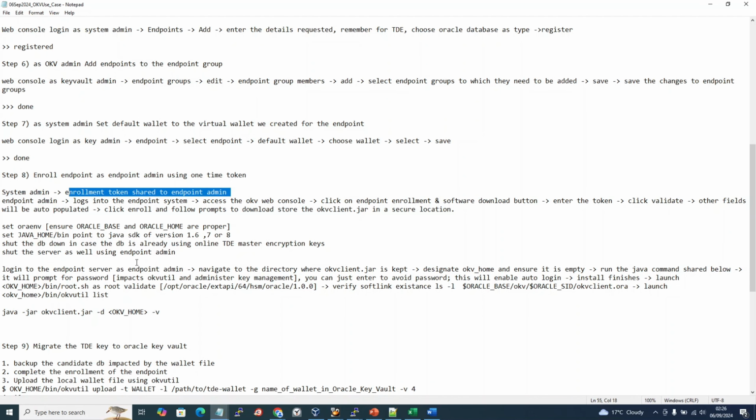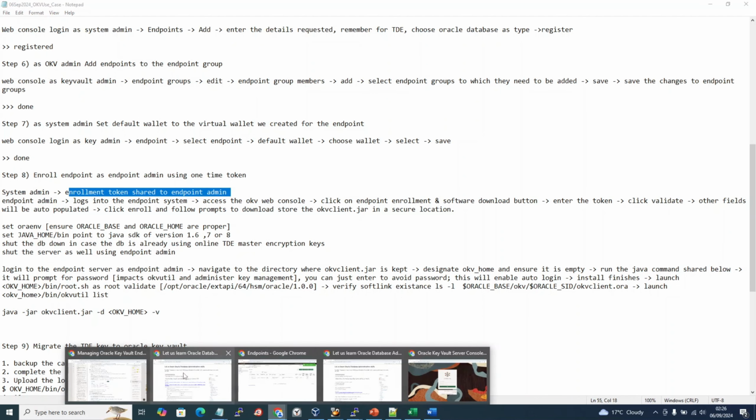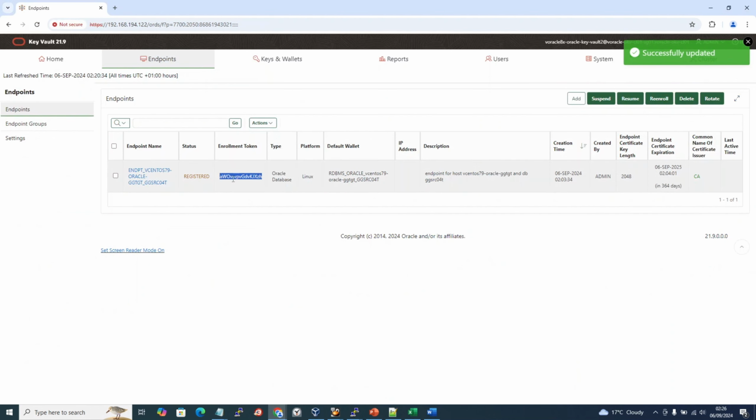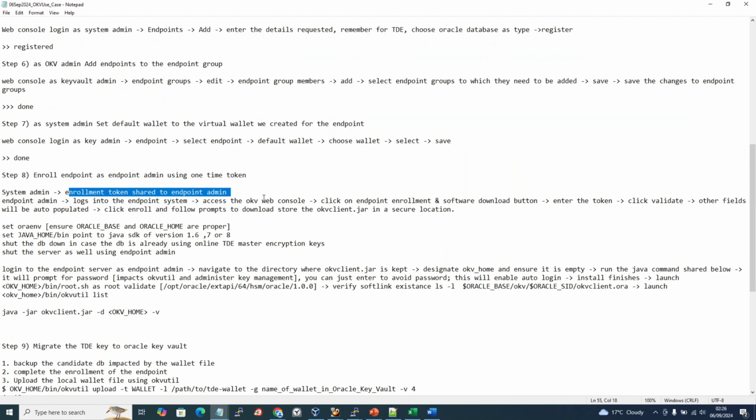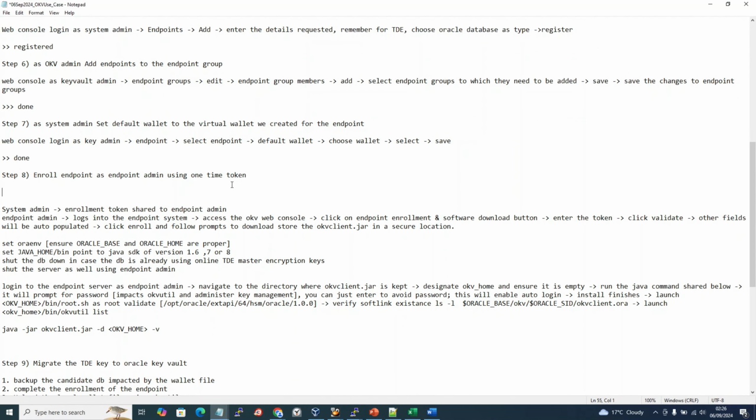So I need to get the enrollment token first. I want to get the enrollment token. This is our enrollment token. You can send it as an email to the endpoint administrator, or you can share it with him through some other means. So token, in our case,